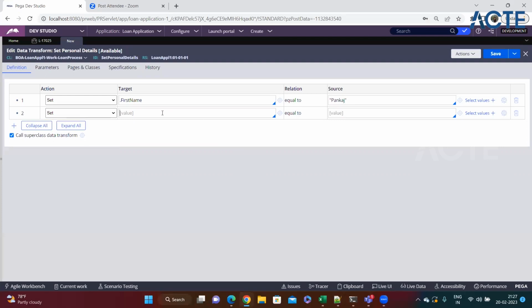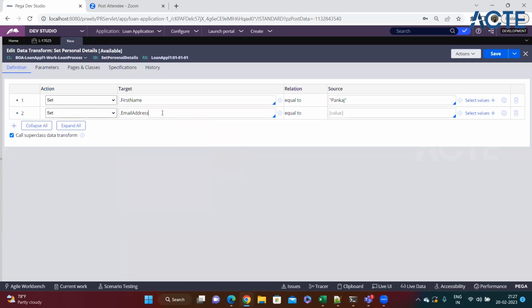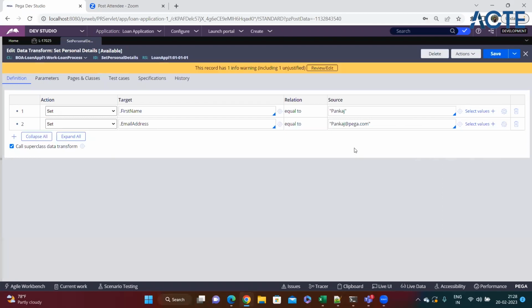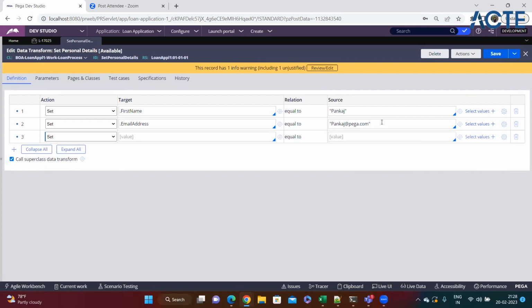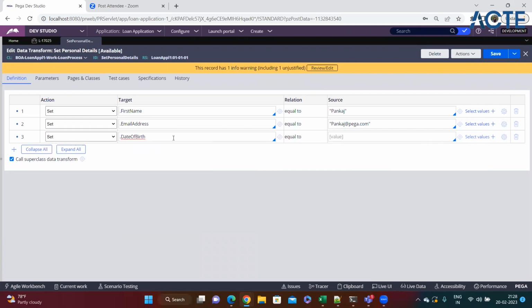And now in the second row, I want to set, let's say, the email address. Email address, I want to set it as pankaj@pega.com. That's it. For now, I'm setting these two properties, and then I want to set the date of birth also, and if you want to set today's date,